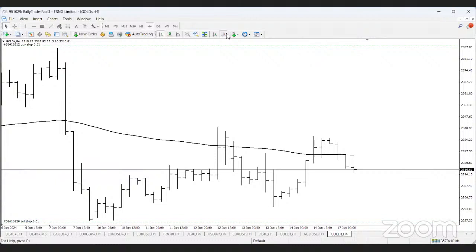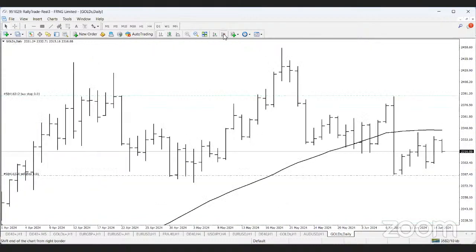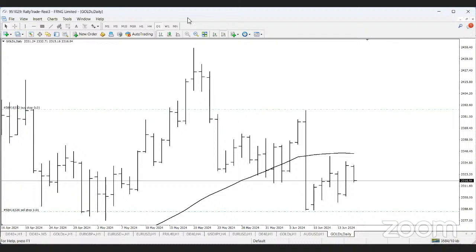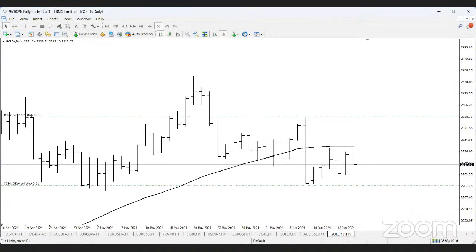Okay, no idea there. Let's look at D1. No idea there. Yeah, I think there is. So what I have here is kind of like a back crossing. And of course, I did a buy stop and sell stop on it. So that's the way I see it.